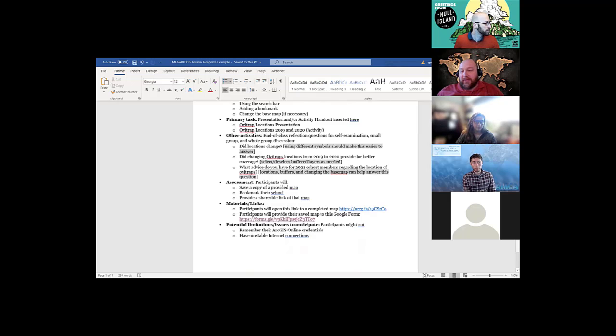I do realize that some of us have already been knocked off our Wi-Fi and have had to be re-admitted. So those are some limitations, and making sure that you remember either your megabytes credentials or your school credentials. Those are some potential limitations and issues to anticipate. And I think that was addressed in Becky's email earlier, making sure you remember how to log in.